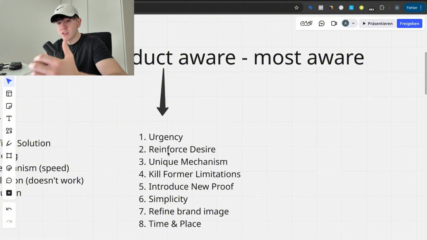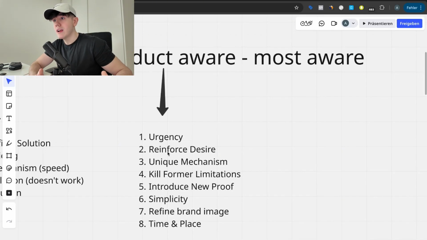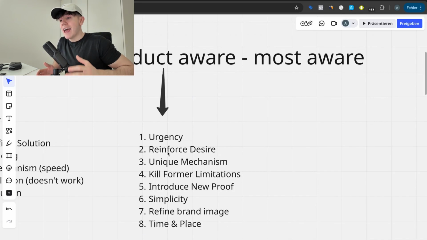So say something like, hey, we're selling our brand, right? Or hey, we're doubling our price. But if you want the grandfather's price, before we double next week, because we love you guys so much, we have such good quality, we want to keep up the quality, you just think of something, and then give them that as an urgency of, okay, until next week I can actually get this at half price. Urgency, you can get so creative with.